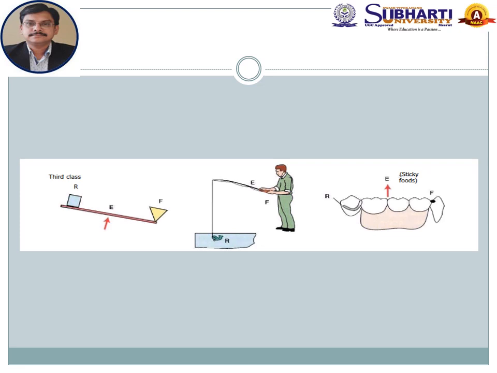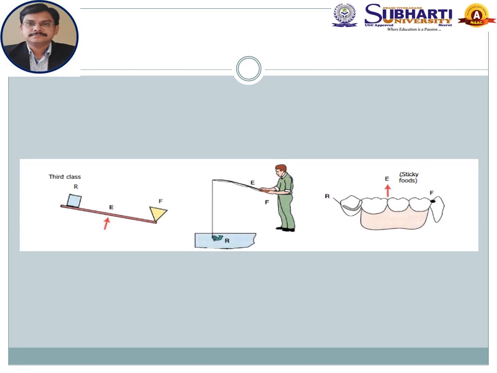So here we can say that if intraorally we have to change our class 1 or class 2 lever into class 3, then we have to change the position of the rest, which acts as a fulcrum, as well as the resistance point, that is the clasp tip, and in between we have to bring the RPD where the masticatory force or effort is being applied. So again I am repeating that class 3 lever is the most desirable type of lever because it produces the least magnified force on the natural dentition, and that is why it is considered the safest type of lever.